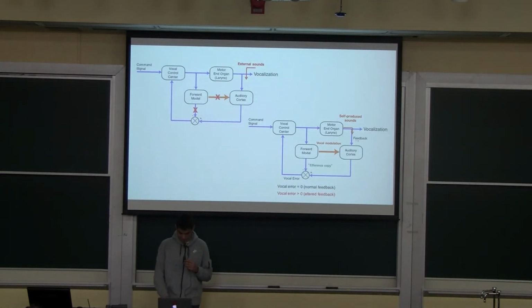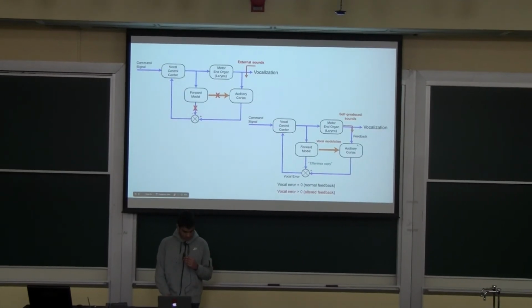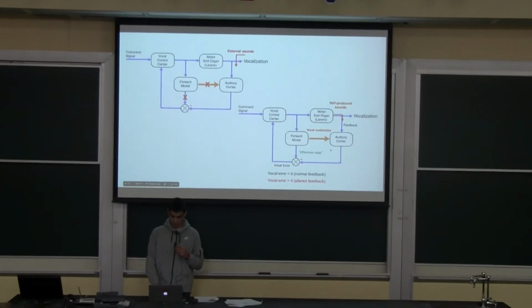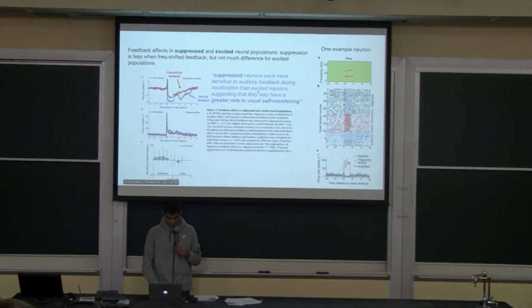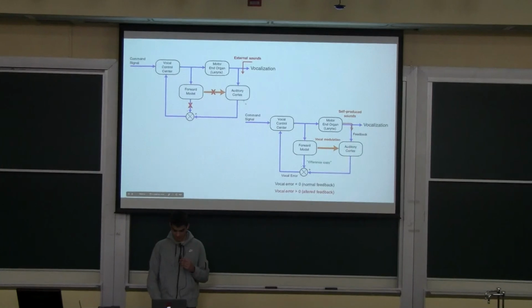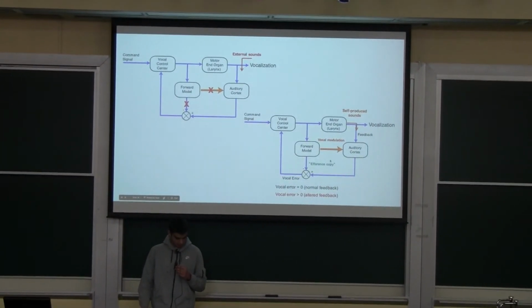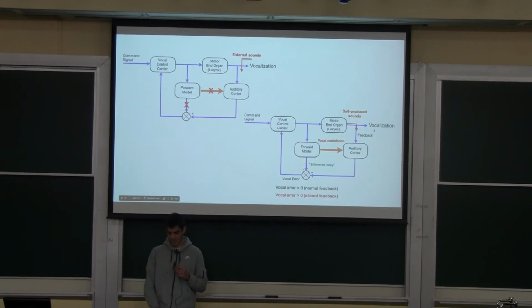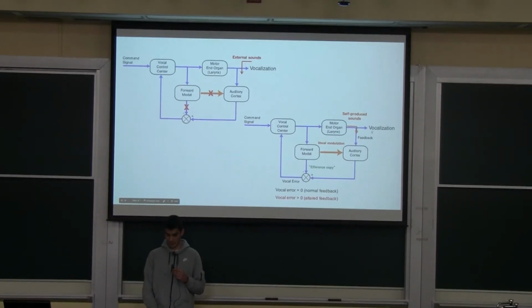And the forward model, basically what it does is it modulates change. So this is when you have suppressed neurons in auditory cortex, when you have this change here, basically becoming less suppressed, that's basically captured here. So the forward model, the suppressed neurons in the auditory cortex are less suppressed if the error signal is different, because you're changing the